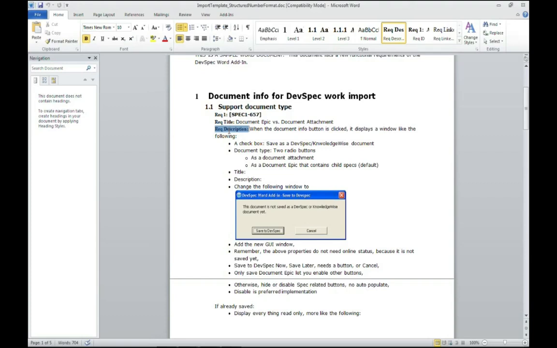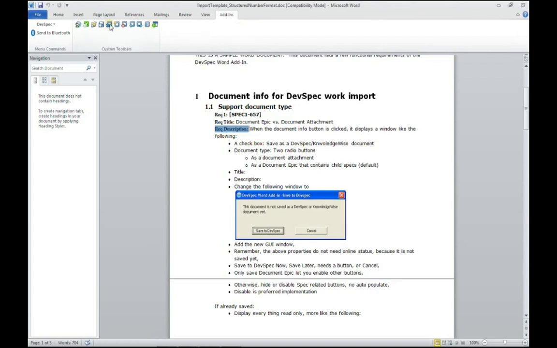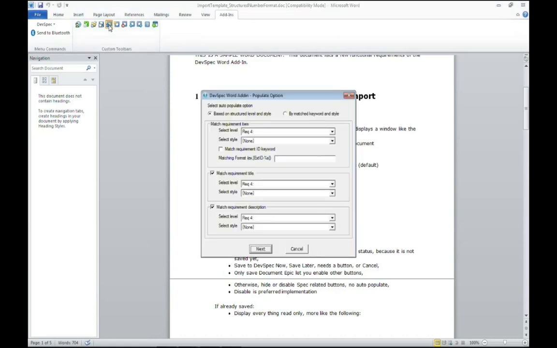Therefore, by defining the mapping rule, if you click on the DevSpec Word add-in and click on populate, you can define the Word format with the requirement title and the requirement descriptions. For example, level 5 format is connected with title, level 6 with